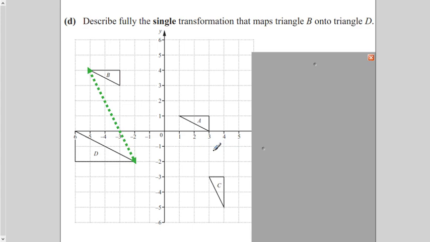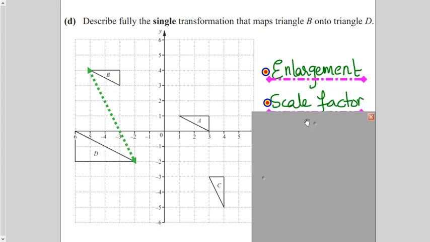So they are same. Okay, so coming back to the question, we had to describe if B is mapped onto D. Now again, describe. So when you are describing, you have to tell number one thing, it is enlargement. Okay, fine. Then you have to find out the scale factor. I told you the technique. You pick up the side of the image. For example, it is 2 units and corresponding side 1 unit. So scale factor is -2. Why minus? Because it is on the other side and inverted. Now why I'm saying other side? Number one thing, it is an inverted picture. So that's why I know center of enlargement will be somewhere here.